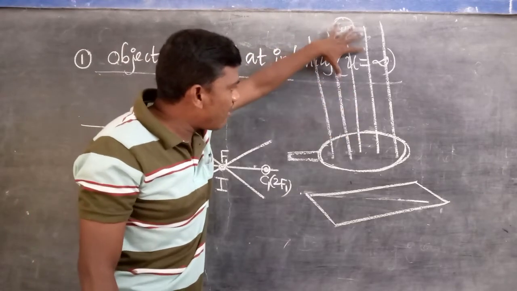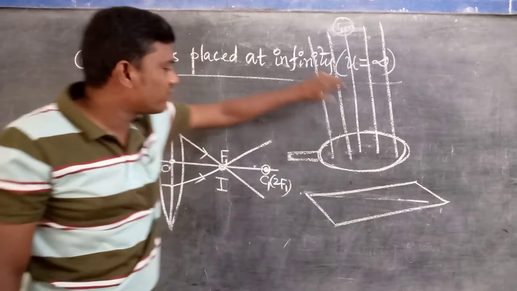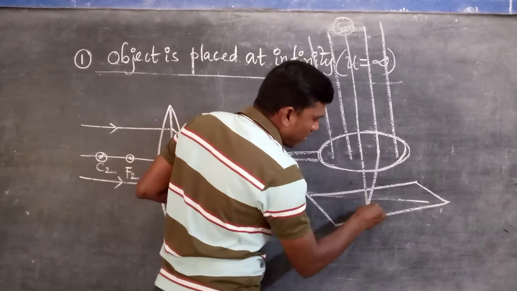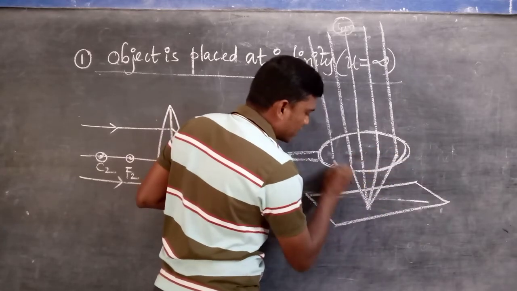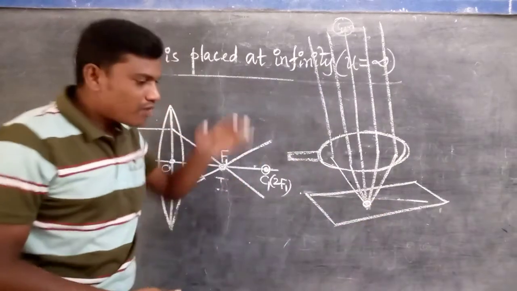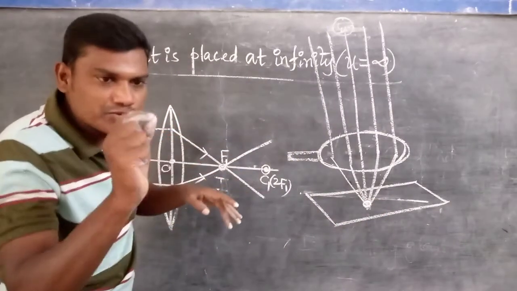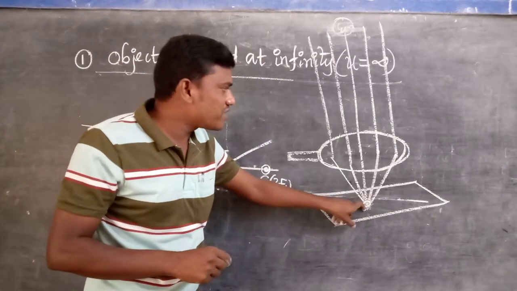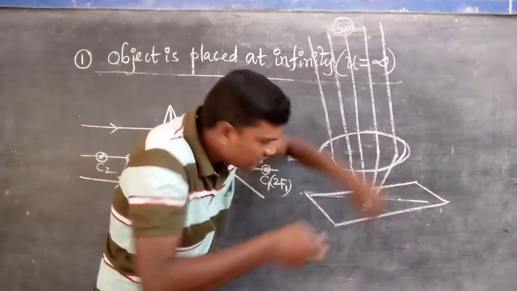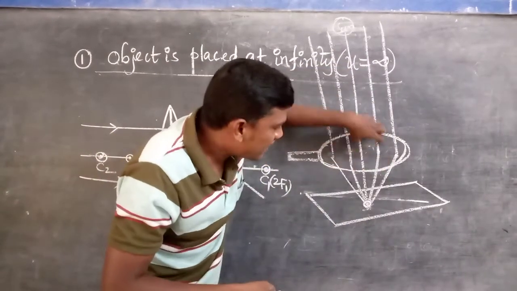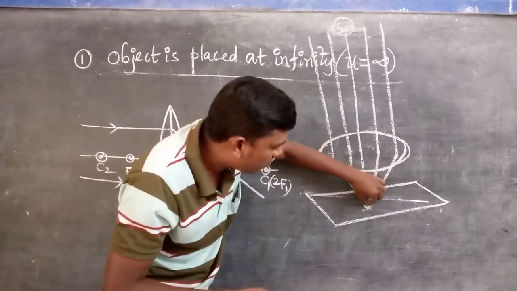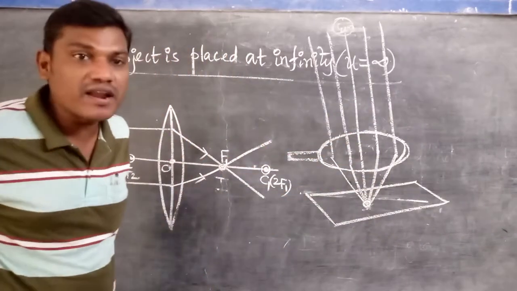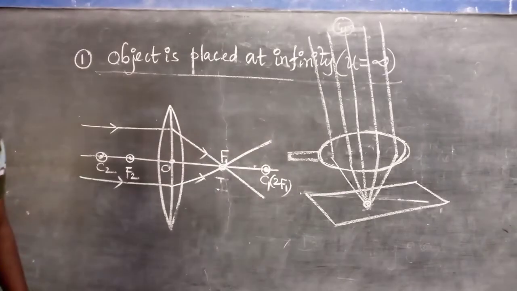For this one, finally all the rays will fall on this lens in straight lines parallel to the principal axis of this one. Then what will happen? After the refraction, all rays meet where? At the focus. That's right. Below the burning glass, on the paper, you see a white, bright dot. What is the meaning of that? The total sun rays will meet only at one point. That's why they carry more energy, and that more heat energy will be focused at only one point. Then finally, what will happen? The paper will start to burn after some time. That is the way.